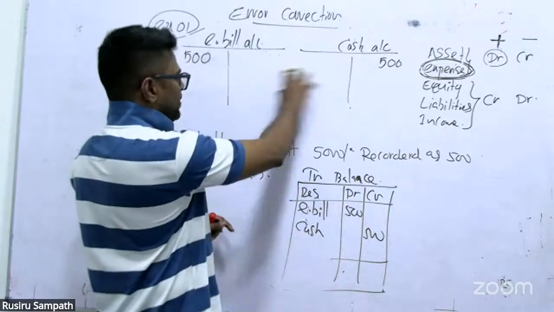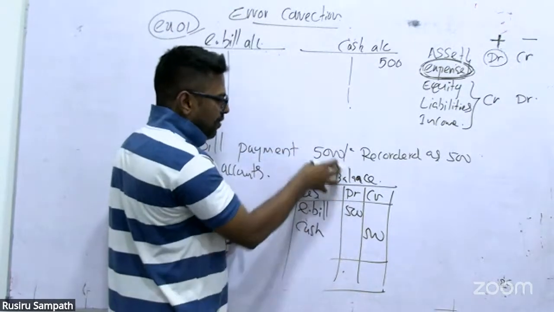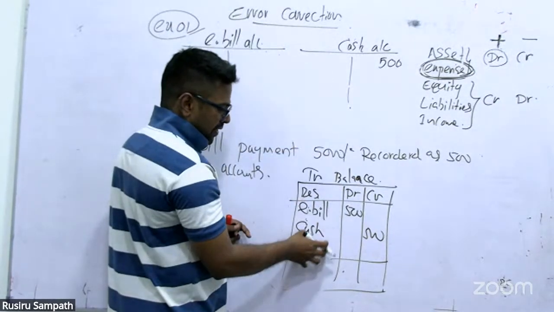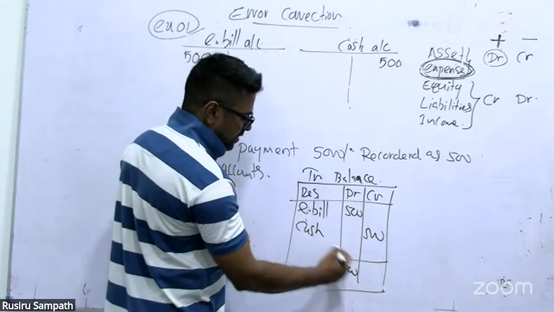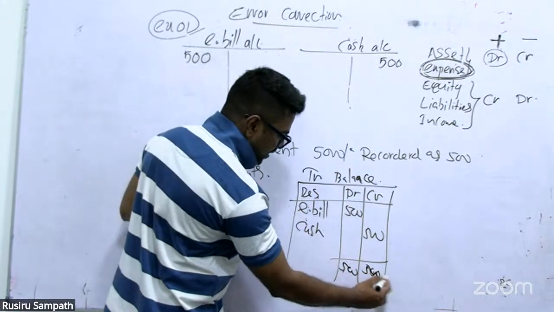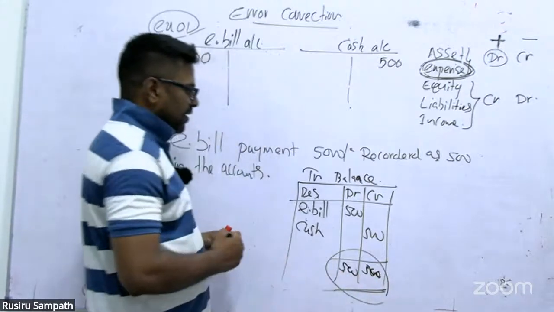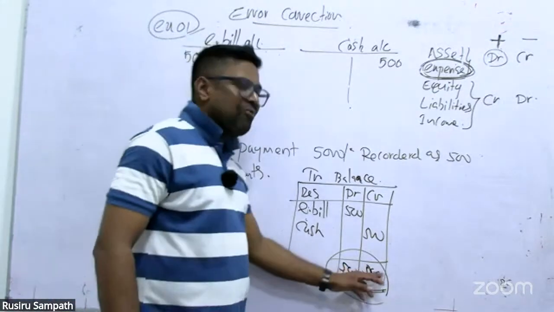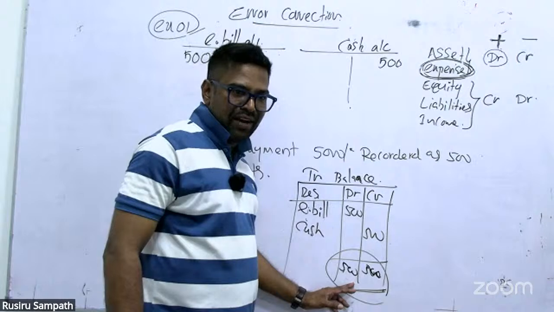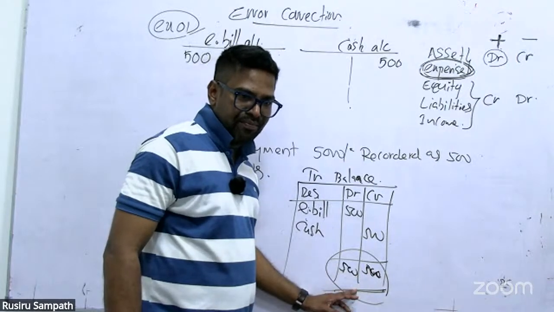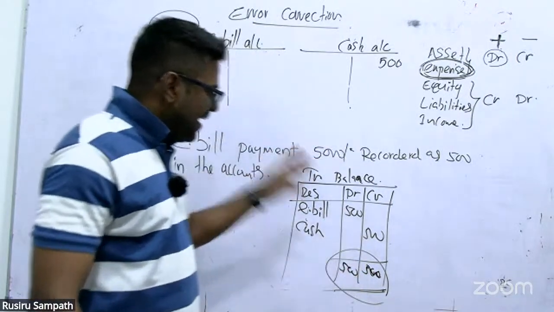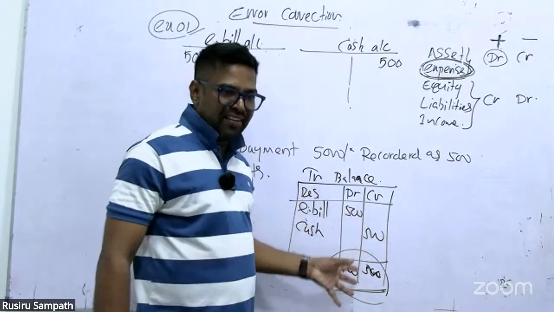All the ledgers are finally recorded under trial balance. Now e-bills are debited 500, cash account credit 500. See the board? You know the trial balances are now equal. Then this error is not affecting the